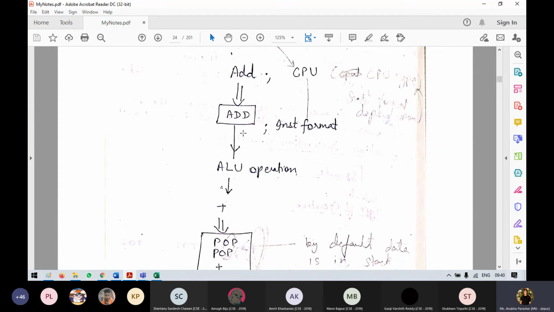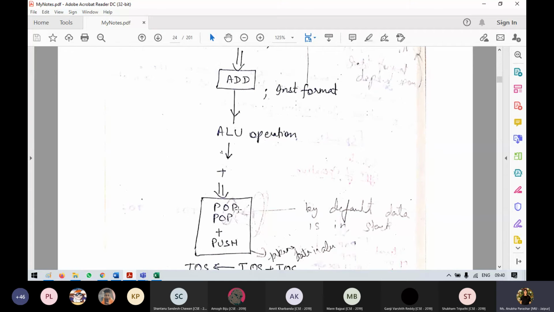Right now we are storing this add operation in the stack, so either we can perform push or pop. If the instruction is already in the stack, we can say pop this operation. So add will be popped out of the stack and we will get the operation. Suppose we wish to push that operation, when we push, let's say A equals B divided by C and then add D. So first B divided by C will be done, and then we will go with some other operation.